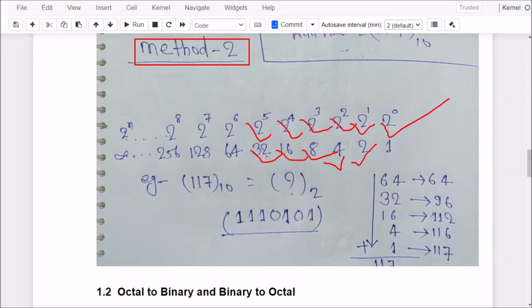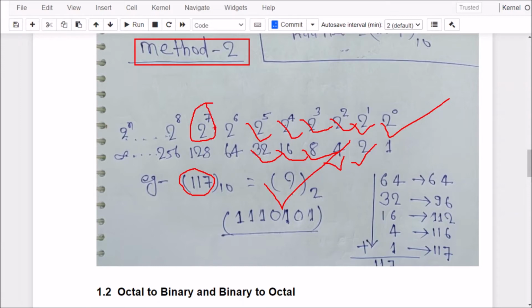Now the question is 117, which is decimal form, and we need to convert it into binary form. So simple. We know 117 is below 128. 128 means 2 to the power 7, we can see here.